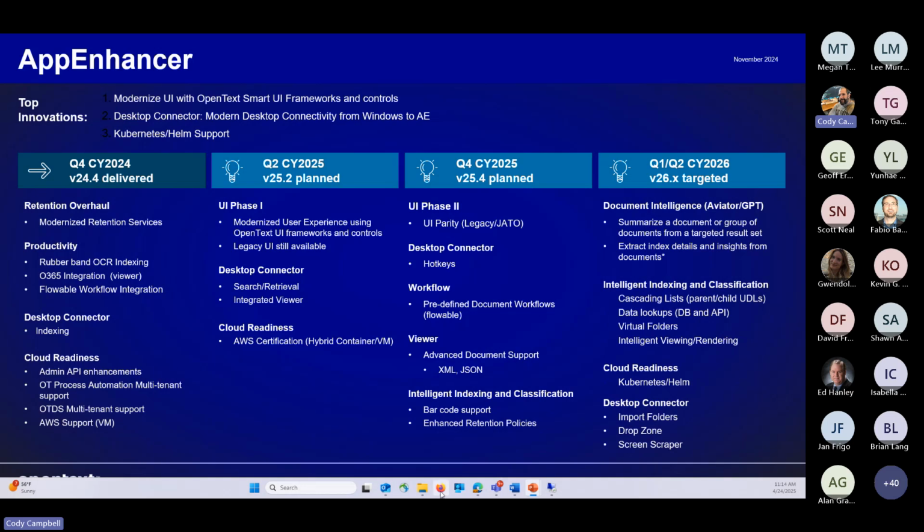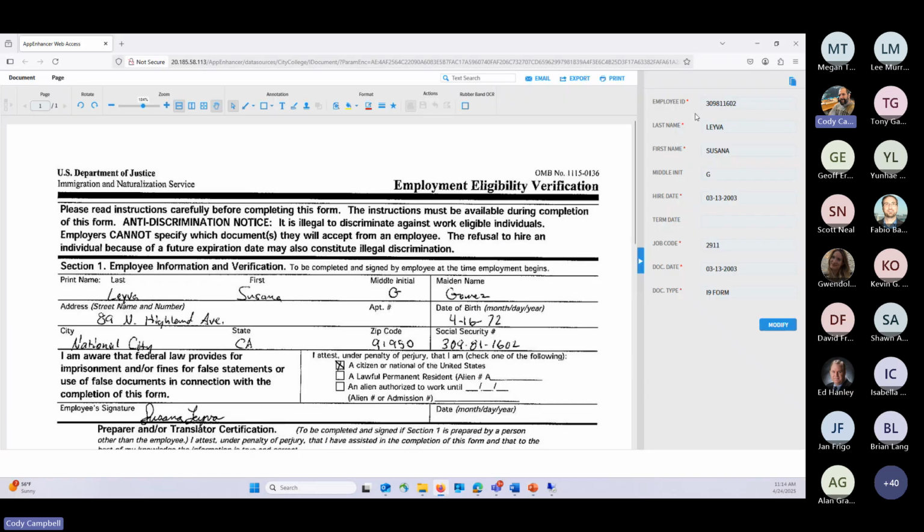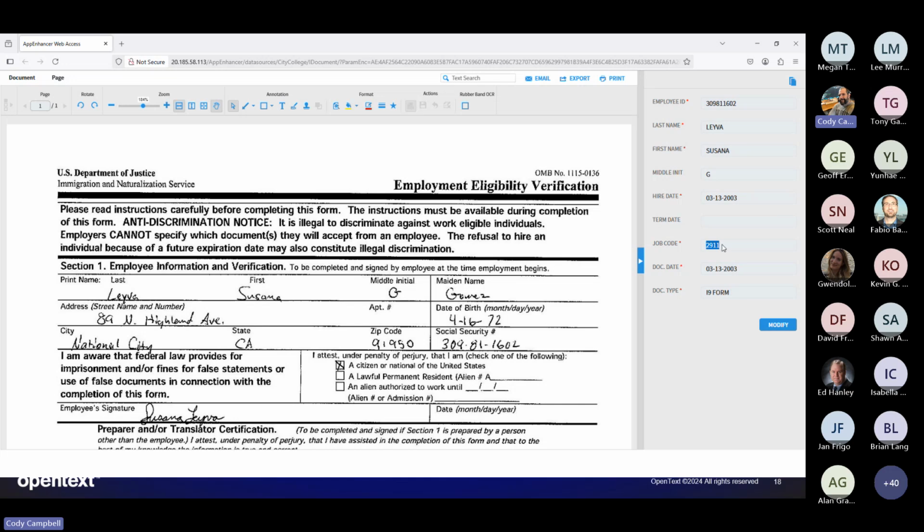I'll step over to the UI to make this make more sense. See these fields here? We can define which field is the top-level field that we would use to define the root folder. So maybe it would be a job code folder, and all the people that have this job code would fall in that folder. Maybe your next level would be the last name, first name combo. We might be able to combine fields to create one folder out of them, or have each field be an independent folder. But you can define a virtual architecture, a virtual hierarchy I should say, for your foldering right out of our metadata.